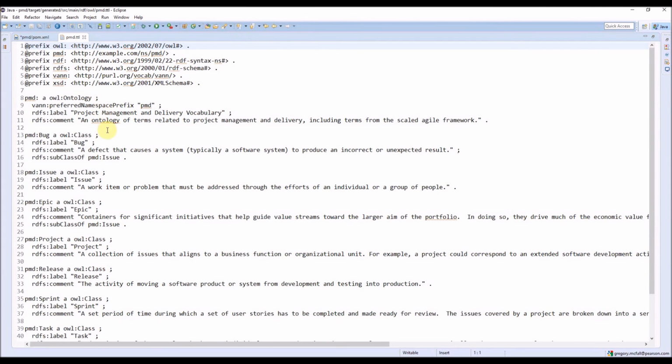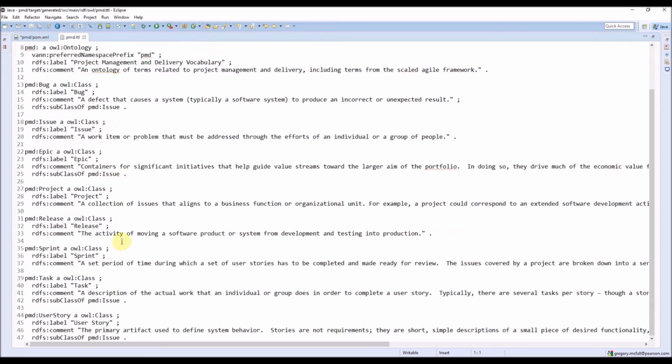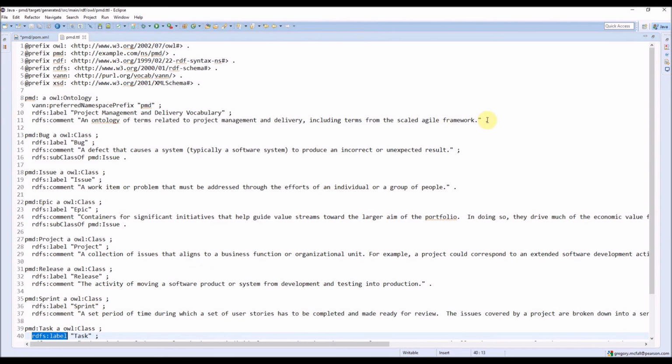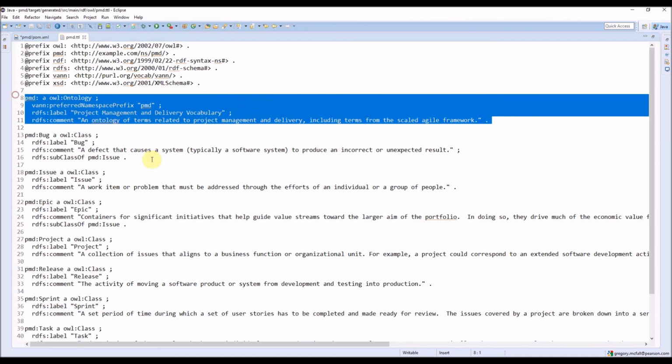It's got all of the classes that we defined, comments, the human readable names, which are rendered as RDFS labels, and you'll notice up at the top we've got a description of the ontology itself. Alright, so now we've got an ontology that has a description of all the classes in it. In the next video, we'll enrich this ontology by adding object